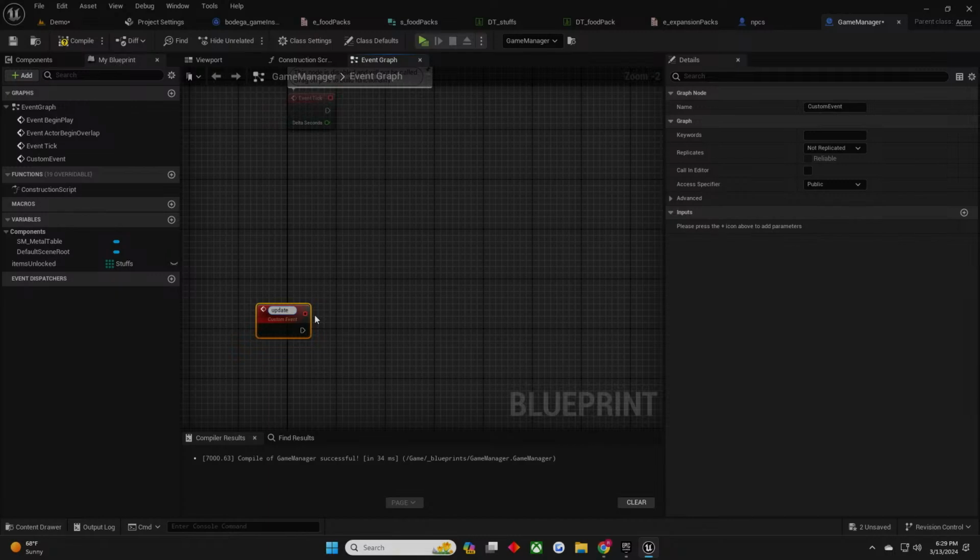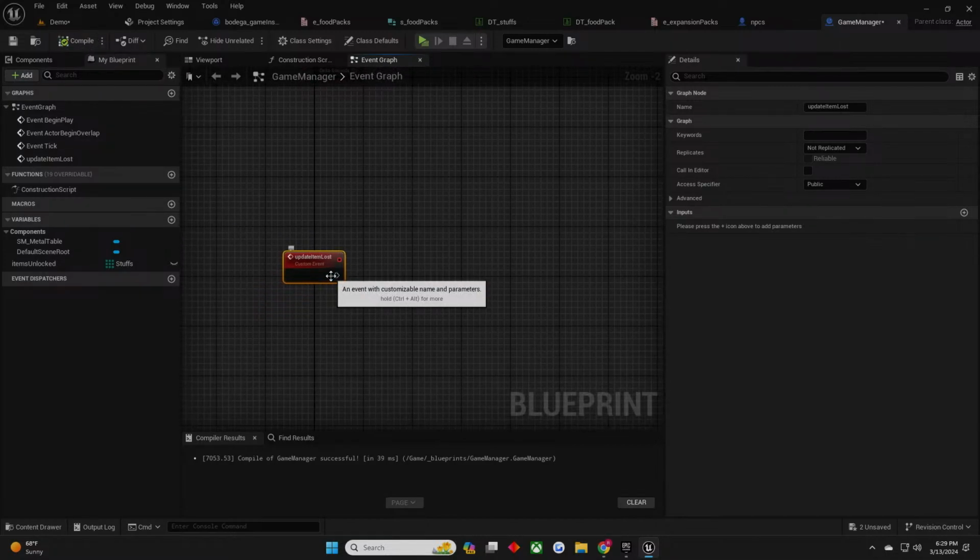So we're going to call this update item list, or I just could call it stock list. It doesn't matter what I call it, really. All right. So every time I unlock a new item or make a sale, which we haven't programmed just yet, I essentially want to,